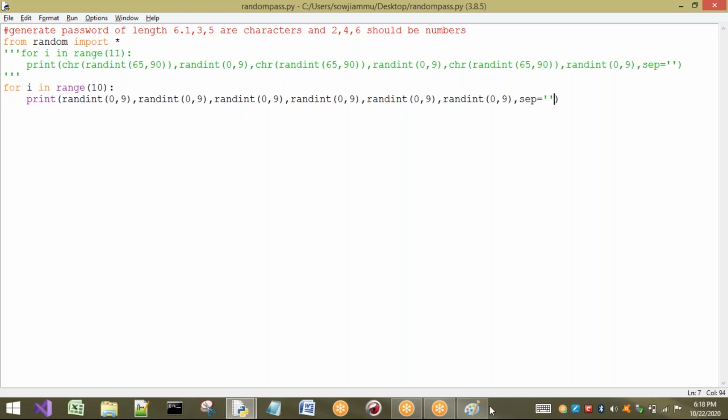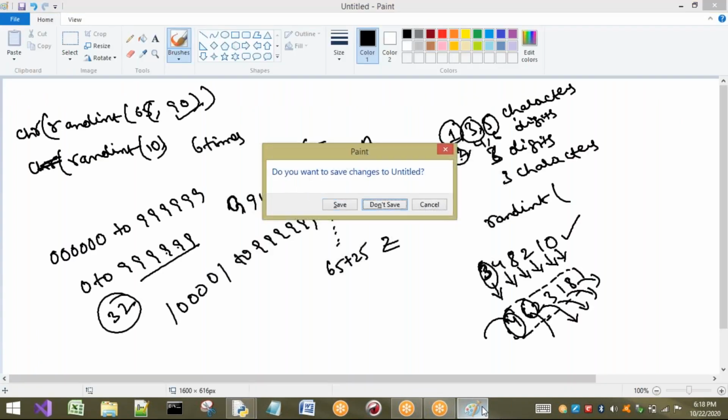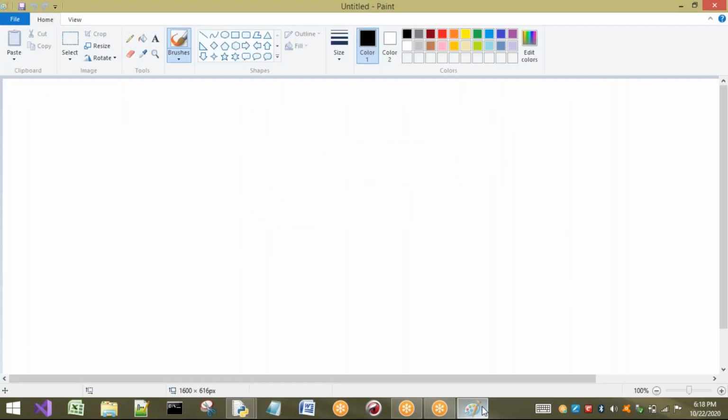Now let us go to the concept of packages. Just before going to packages, once again I want to tell what is meant by a module. What is meant by a module?